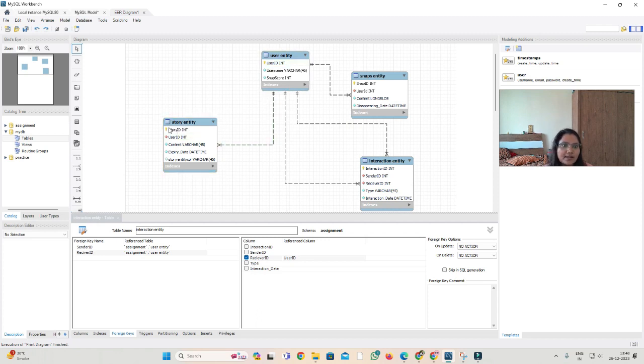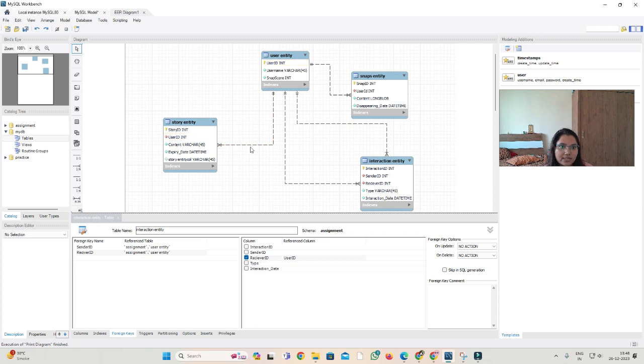And this one is the second schema, that is the story entity, which contains story id, user id, then content, and it has a foreign key. We can see by the arrow, when we click we go to this, so we can see where this foreign key is taken from, and where it is connecting to.